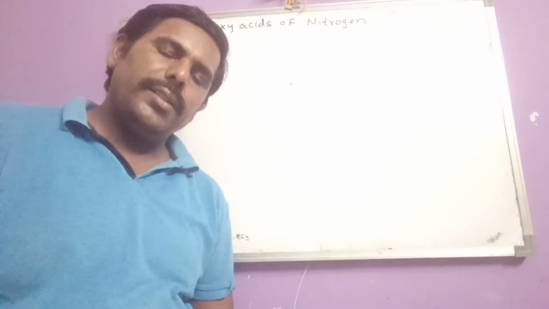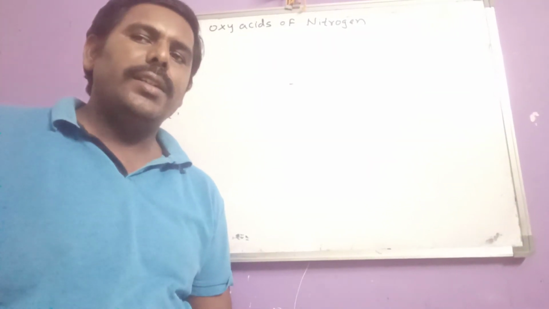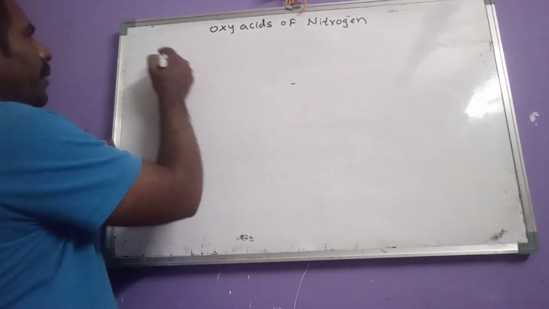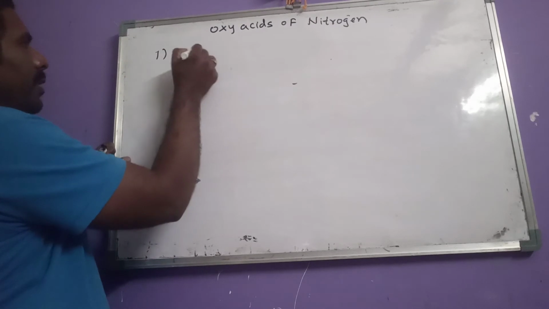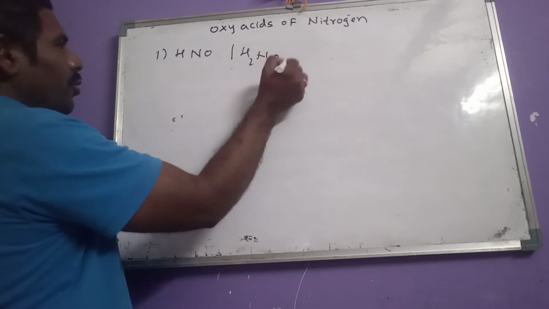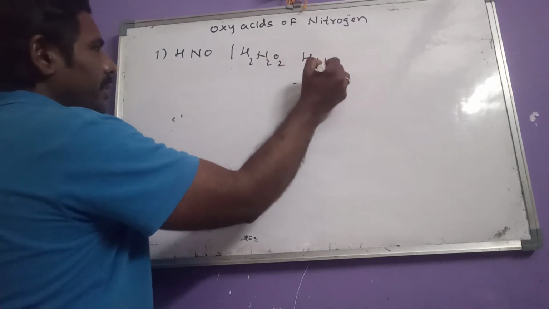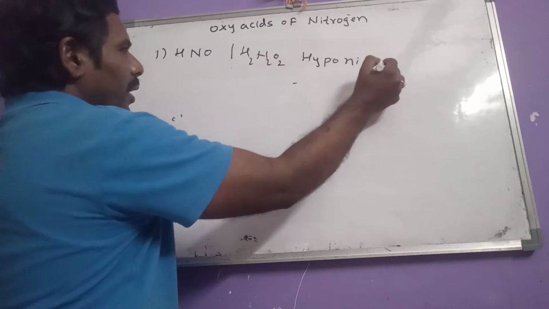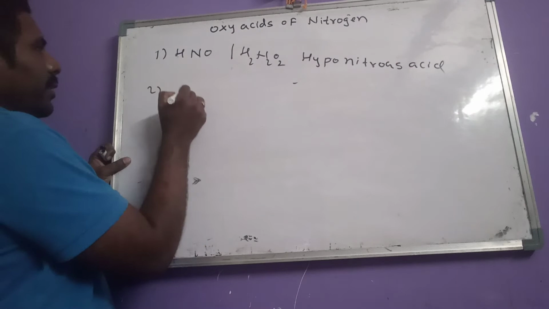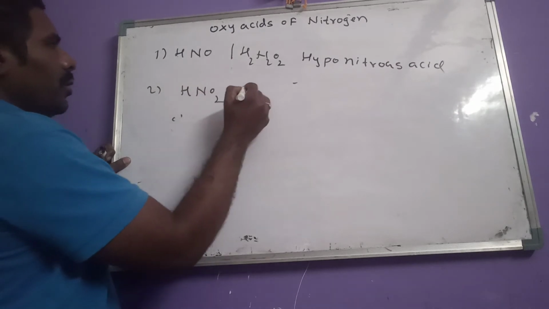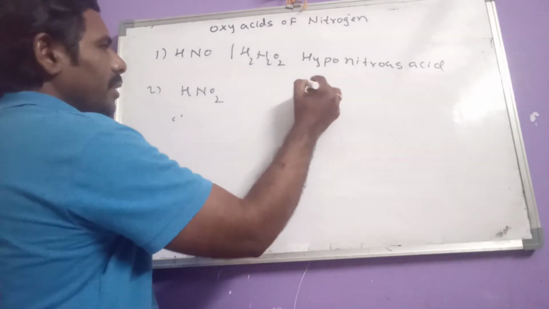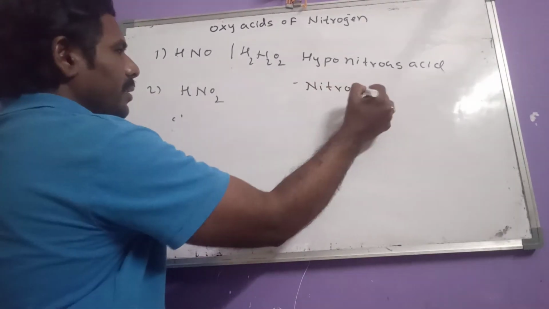Hello to everyone. In this video, let us discuss oxyacids of nitrogen. See here, what are the oxyacids of nitrogen? First one is HNO or H2N2O2. What is this name here? Hyponitrous acid. And the second one is HNO2 and its name is orthonitrous acid, or simply we call it as